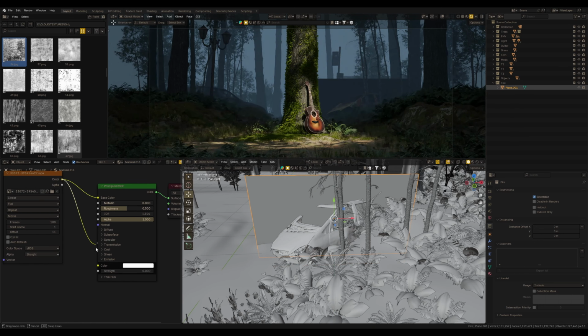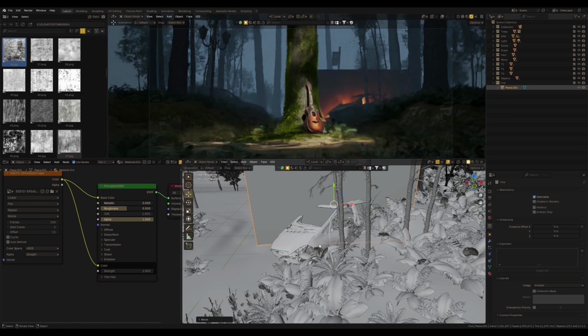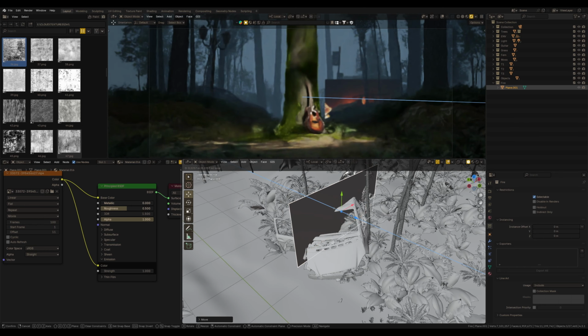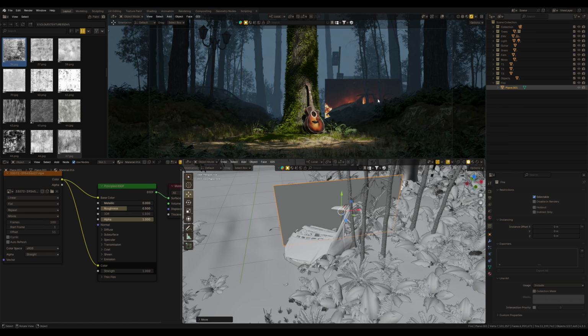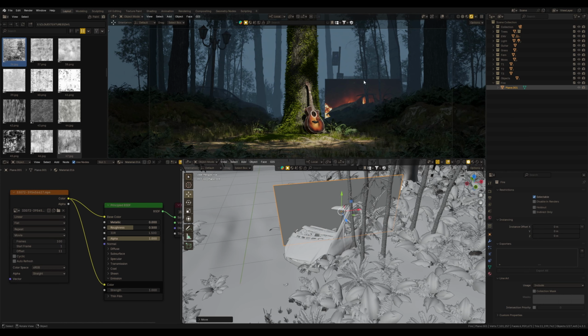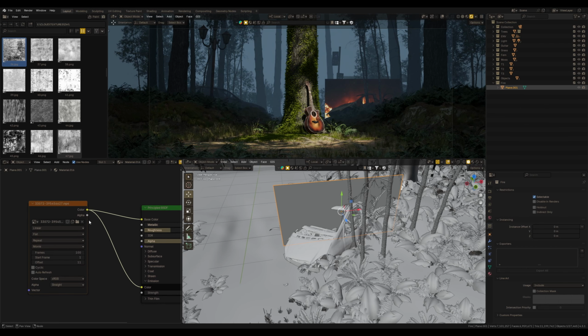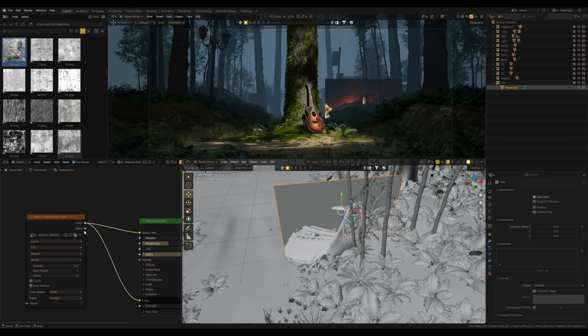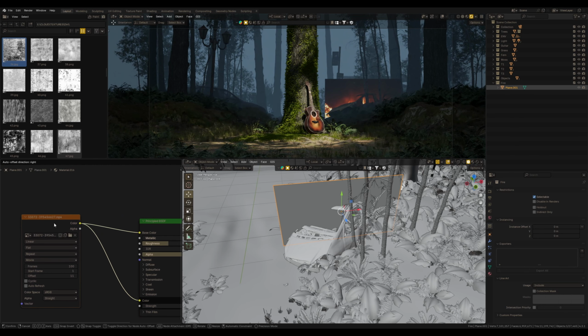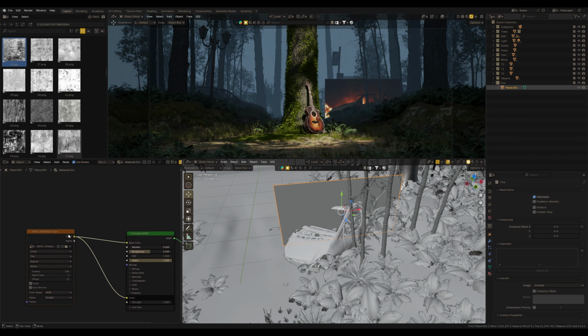Next, I use the same video as an emission in the shader, and now we see this fire in the scene. So I scale and move it a bit. But you can still see the original plane in the 3D viewport, so we need to remove everything except the fire. The obvious solution is to use an alpha channel, but this video doesn't have one. What can we do to create an alpha channel? And in Blender, it's almost a one-click fix.